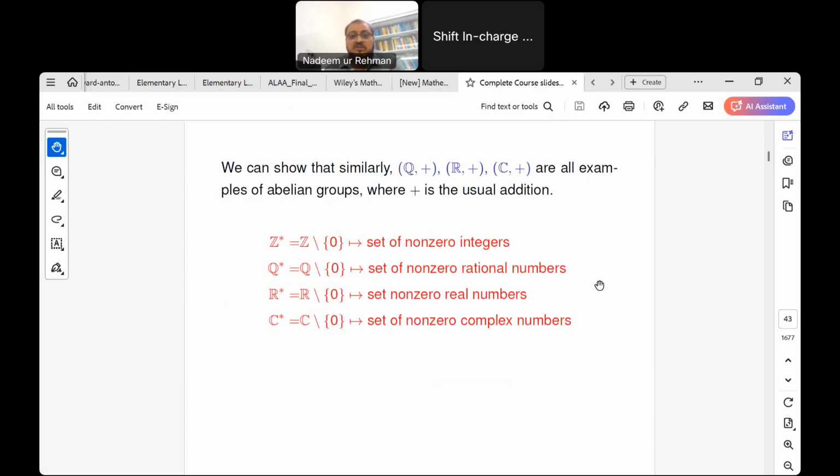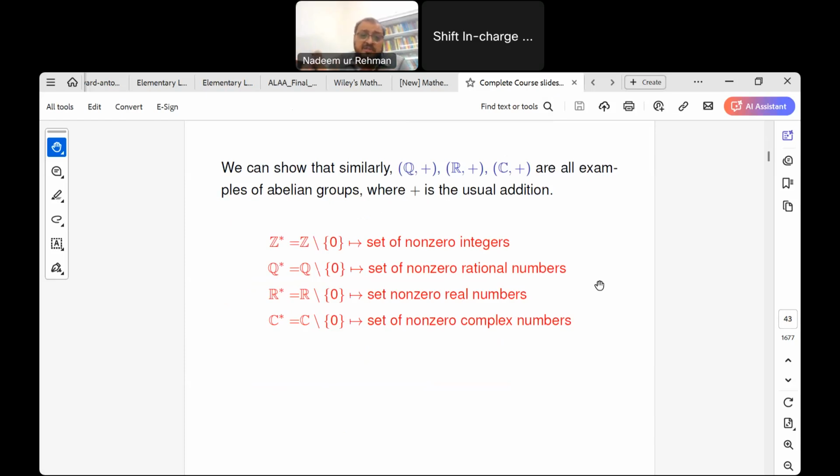Suppose we have to exclude this 0 from the set, and then we write Z star, Q star, R star, and C star in this form. This is the set minus 0: the set of non-zero integers, the set of non-zero rational numbers, the set of non-zero real numbers, and also the set of non-zero complex numbers. So in this way, we can say that